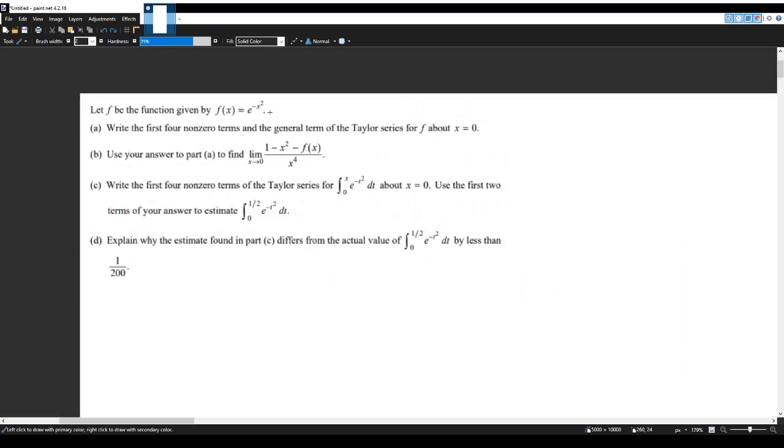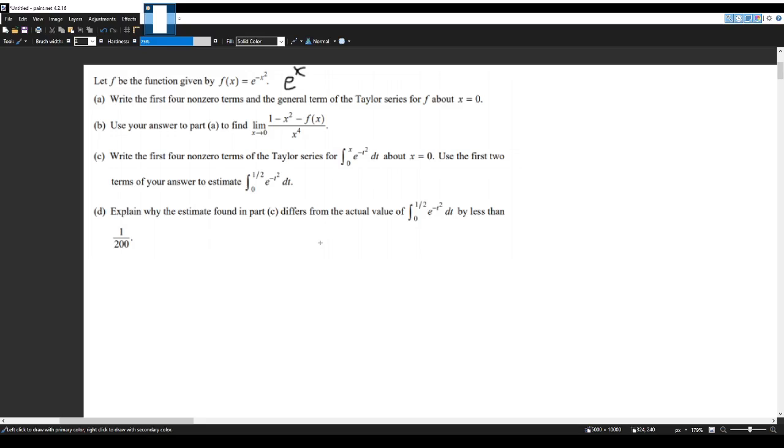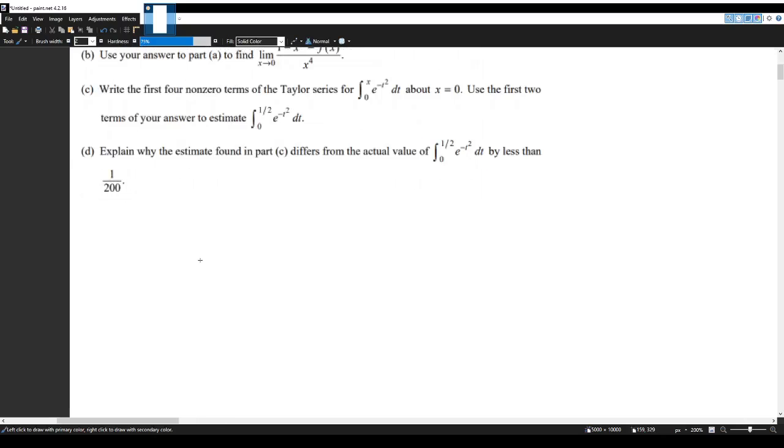So this looks pretty similar to just e to the x. And so what we can do with the Taylor series is just write out the Taylor series for e to the x and then substitute negative x squared in for every time we see x. And apparently it just works out that way, which is really nice. So e to the x is pretty simple. It is just, let's see, 1 over 1, I think, plus, let's see,